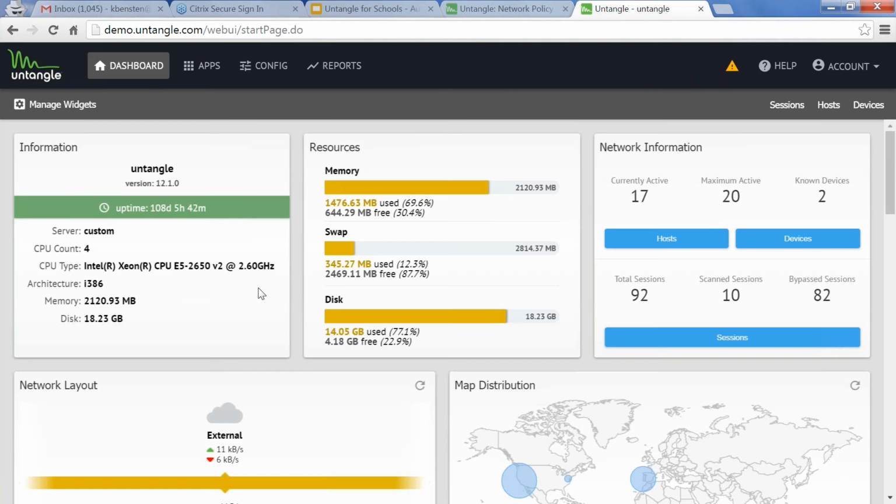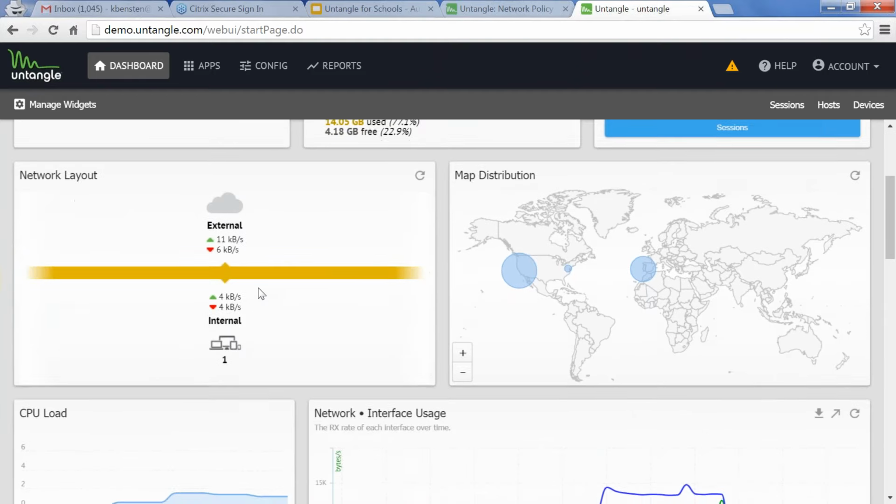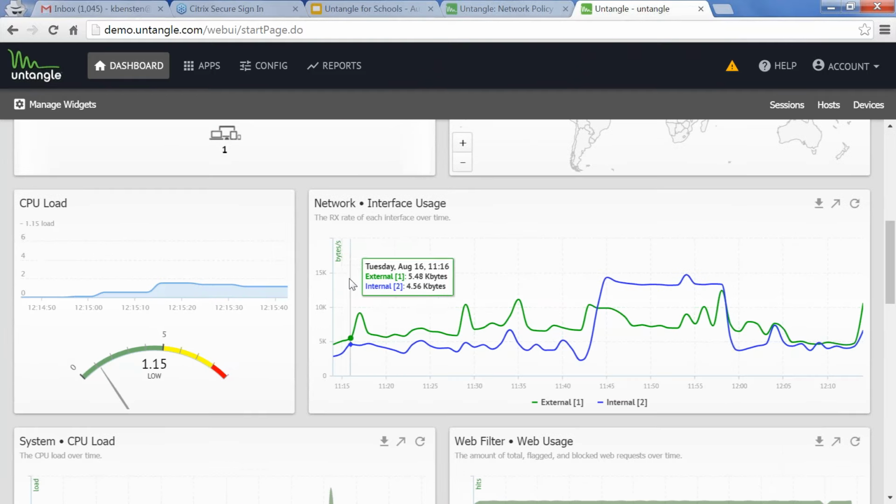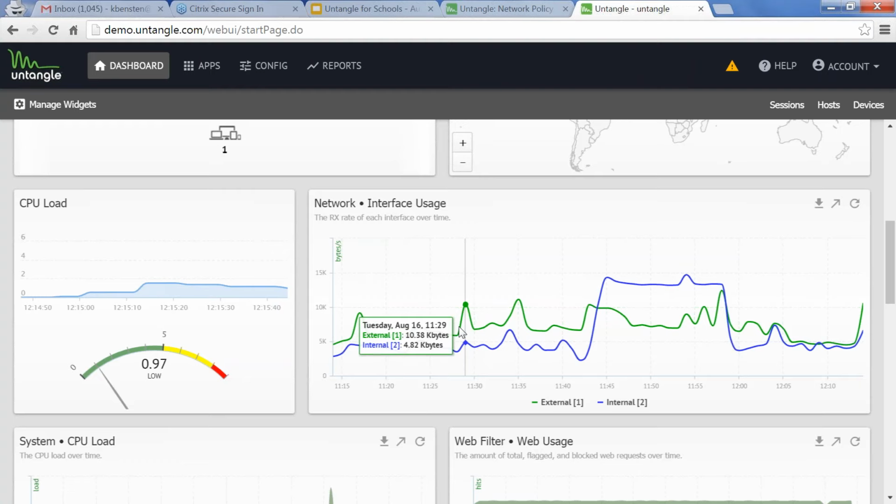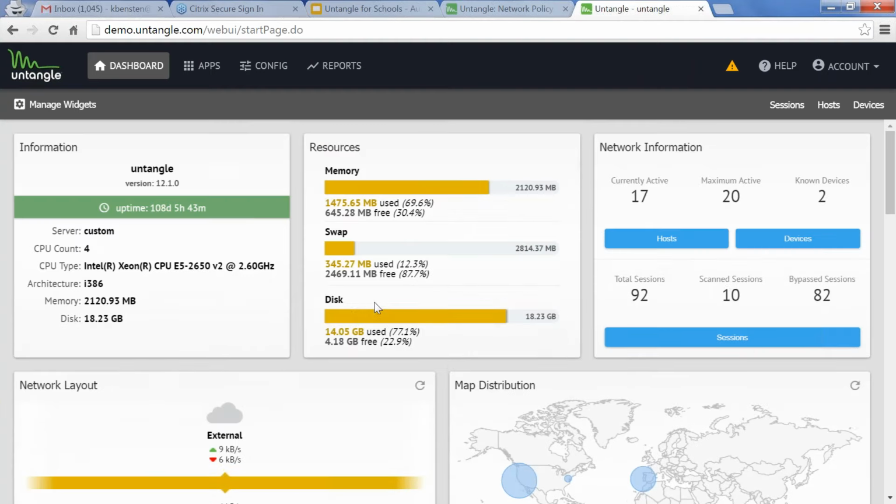These are all widgets that we have by default implemented into the dashboard view, but you can take any of them out. You can drill down into these from here. And really the best part about it is the reports that you're going to want for your network. You can really customize reports and then use those customized reports and create widgets that are here on your dashboard view.